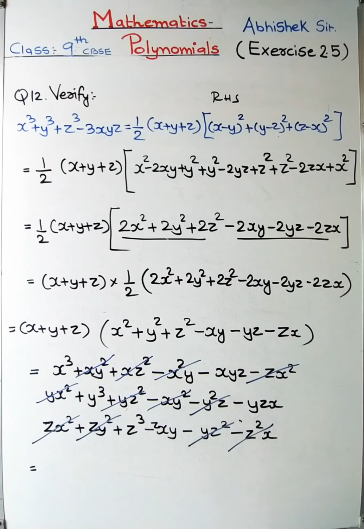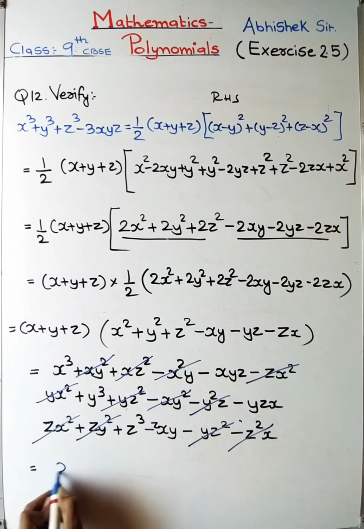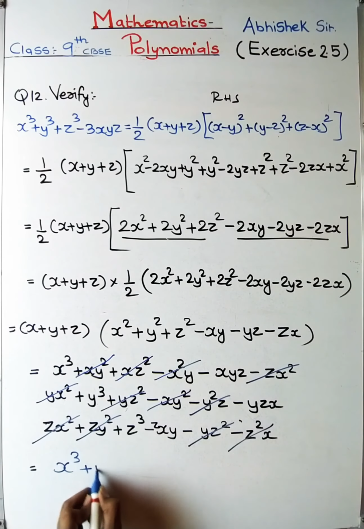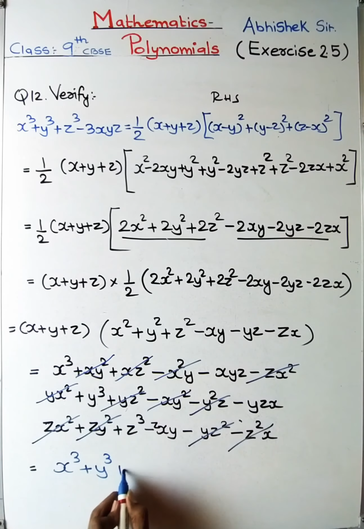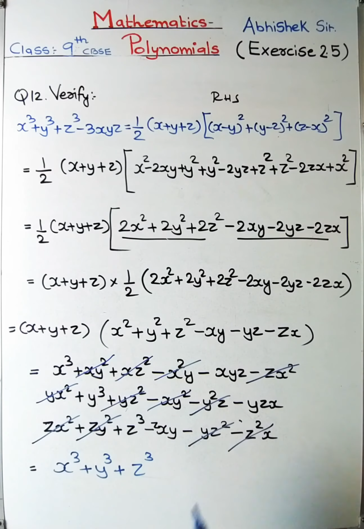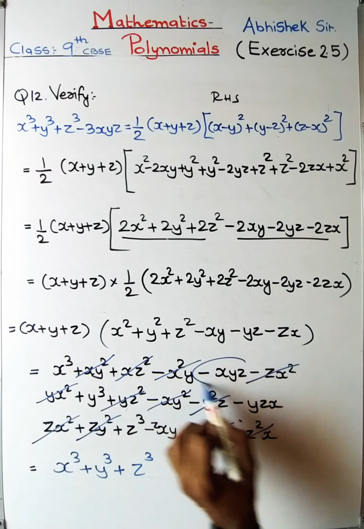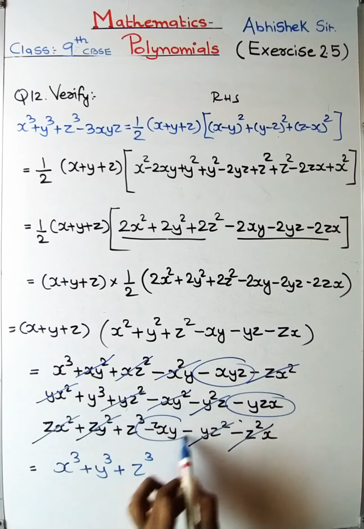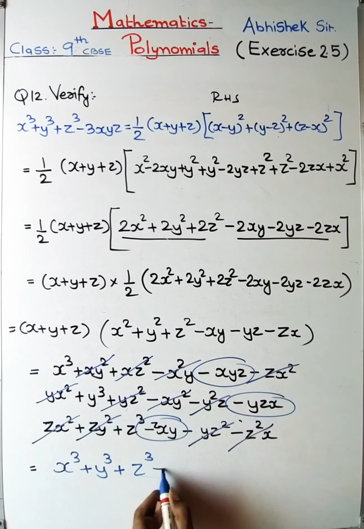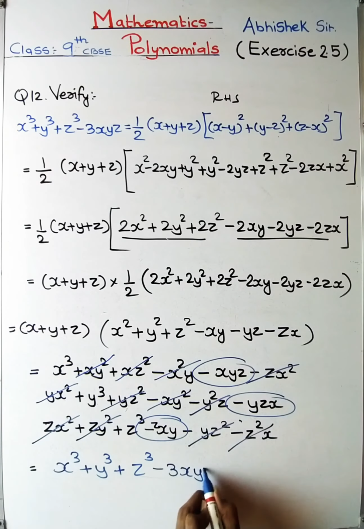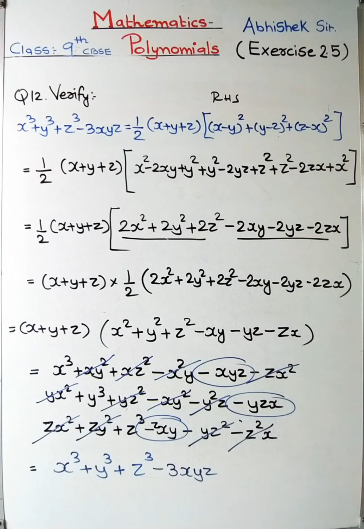final 4 terms, and that will be x cube plus y cube plus z cube, and we have 3 terms containing x, y, z, 1, 2 and 3, right? So that is why it is 3xyz. So that is how you will verify it. It is a very lengthy verification. That is why I feel this is not important for exam.